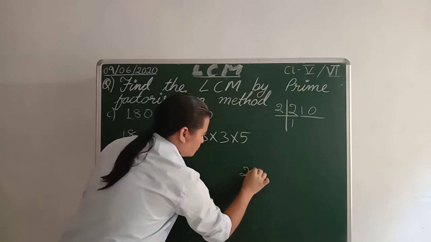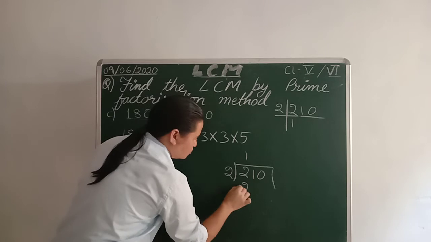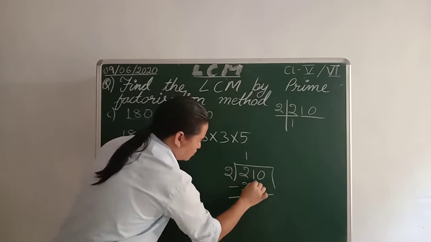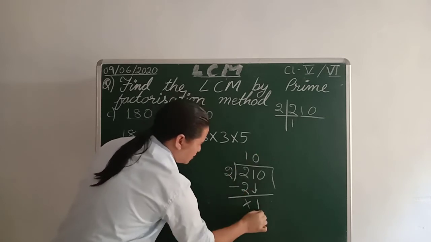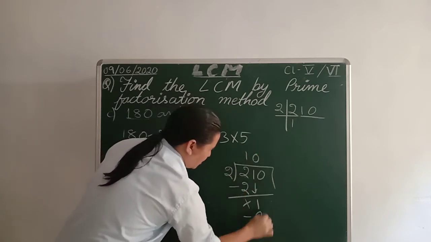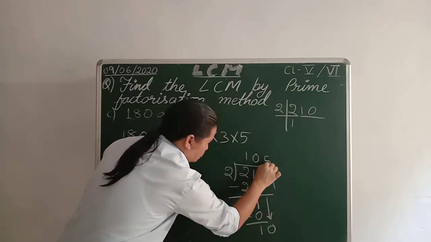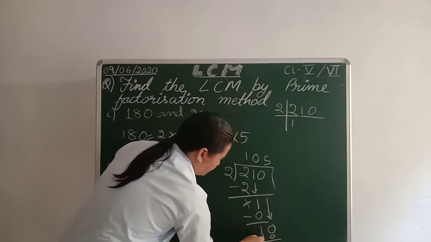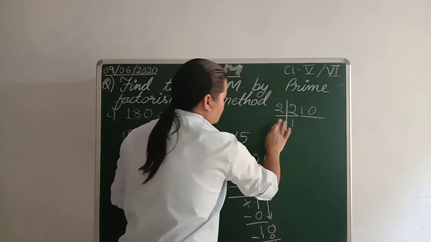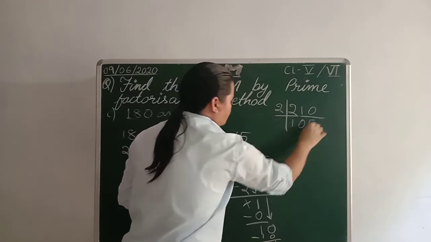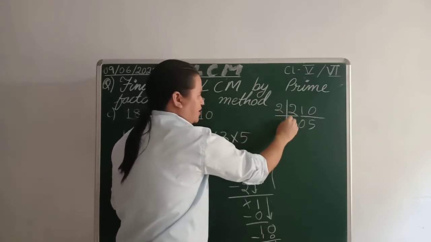Now for your convenience, what you can do is just divide this. 2 1s are 2, 2 minus 2, 0, bring down this 1. Now 2 how many times does it go? Only 0 times. 2 0s are 0. Subtract it, 1. Now bring down this 0. So 10, 2 how many times? 2 5s are 10. So that means 2 into 105. When you multiply 105 with 2, you will get 210.